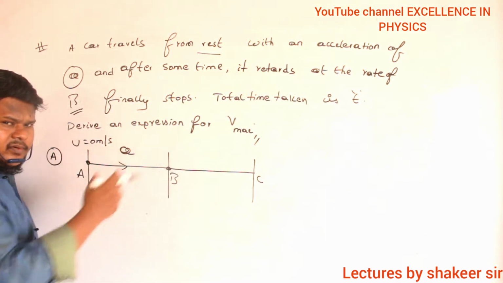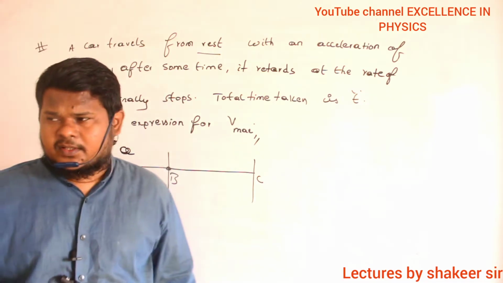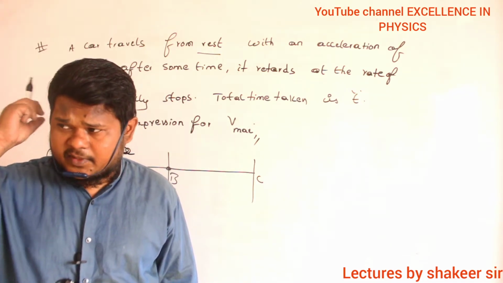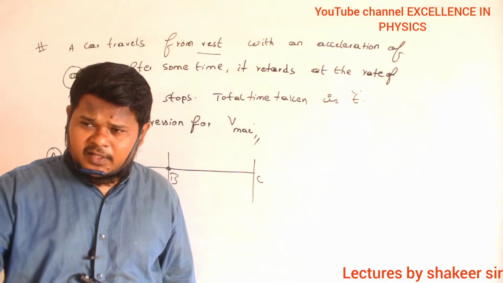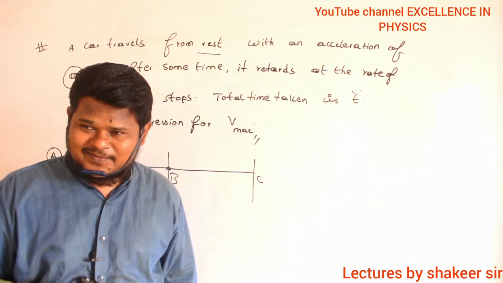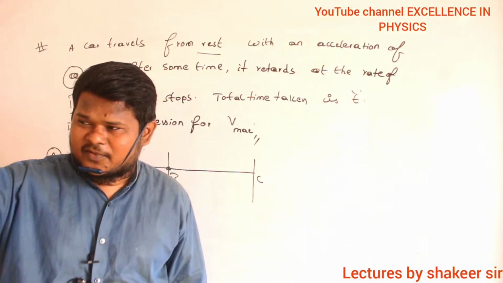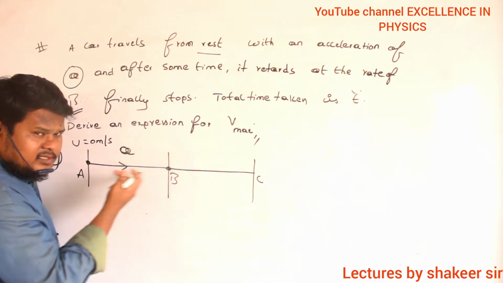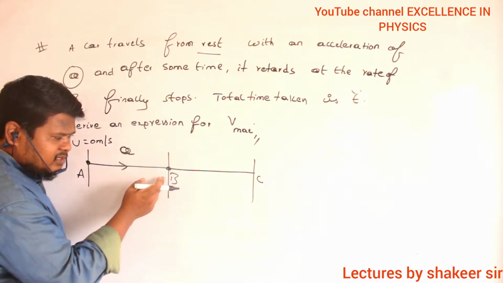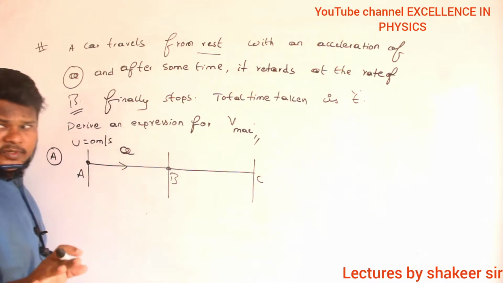But still it will continue to travel in the same motion, no? If you are traveling with a speed of 100 km per hour and you suddenly apply the brakes, first of all, will you travel forward or suddenly move backwards? First of all, you keep moving forwards. Clear? It means velocity is in this direction, but acceleration is in the opposite direction. From where to where? From B to C. Are you able to understand?